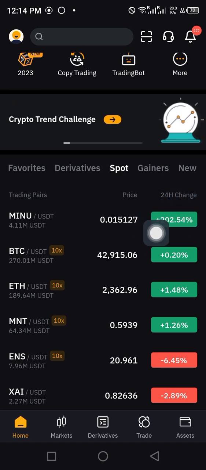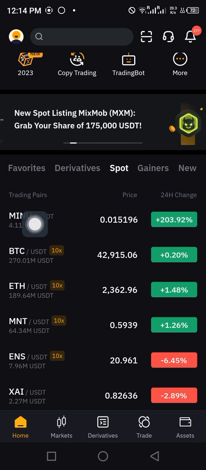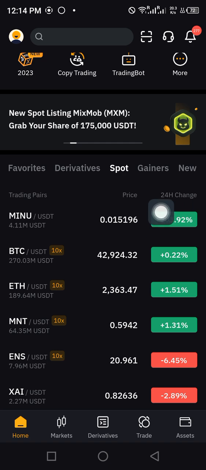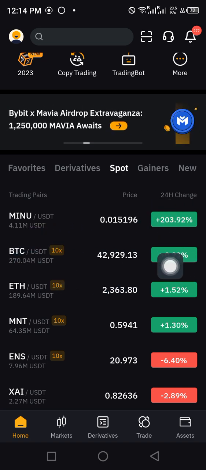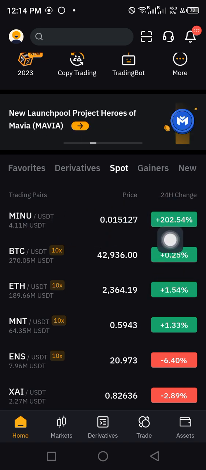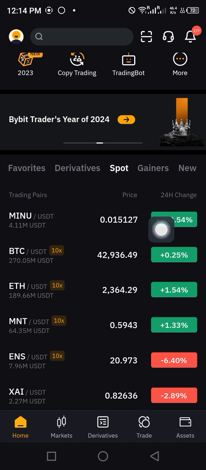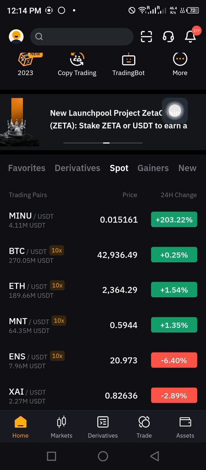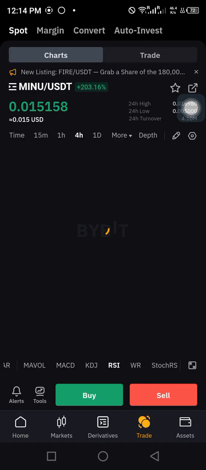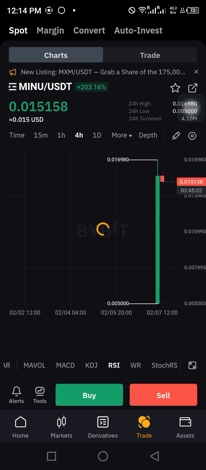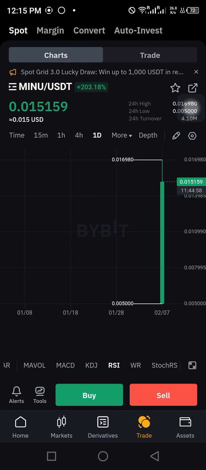That is on the top gainers chart. The first coin you can see here is Minu, then BTC. It's not arranged as per increase, but the highest increase here is Minu, which is 202.5%. Let's click on Minu and see how it's moving in the market. Yes, it shows that it's one of the coins that was newly listed on